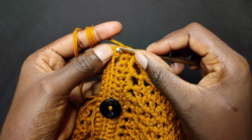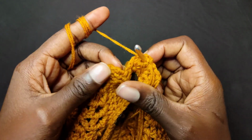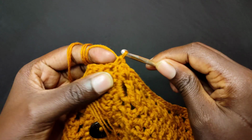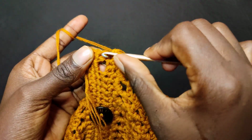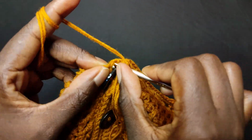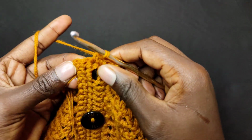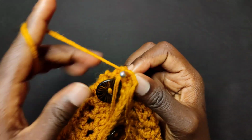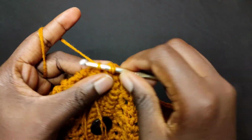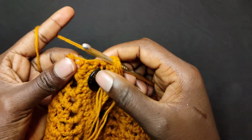So from here we're going to the second row, and on this other side you're going to the fourth row. Make a single crochet. Next one is the third row, and also on the other side the third row. So 1, 2, the third, make a single crochet. Now I'm going to go to the fourth here, and on the other side you go to the second. So 1, 2, go to the second. Here we are going to the fifth, and on the other side you're going to go to the first